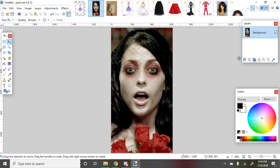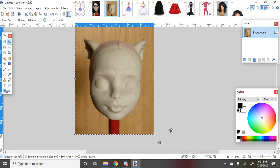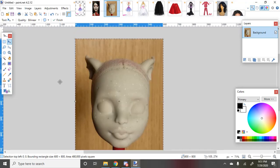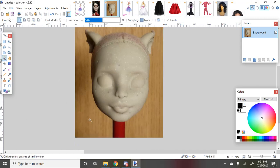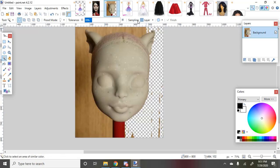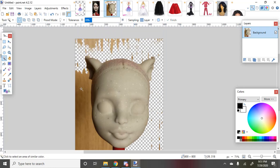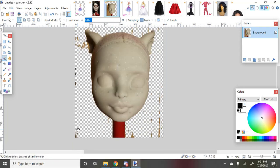You know. So, I decided that the doll head I wanted to use was a Rochelle Goyle doll from the Monster High line. I was very lucky to find this picture. She has no face. It was taken off. The paint was taken off. She's unrooted. Her hair is gone. I'm just gonna get rid of this background. I should have done this during the pregame, but